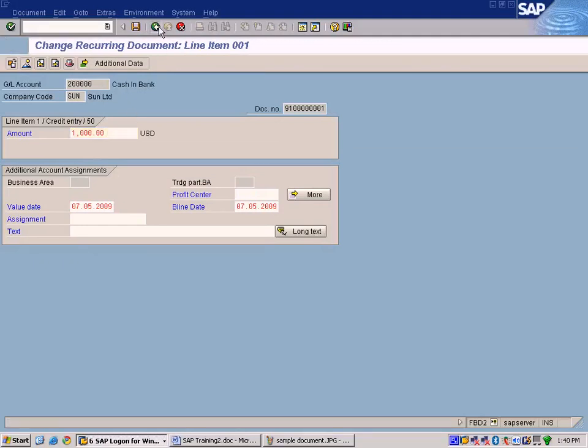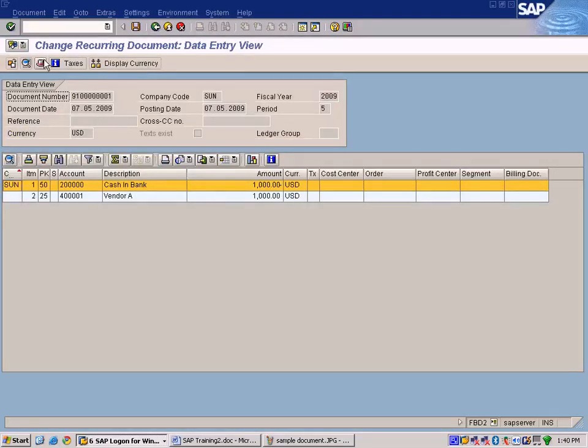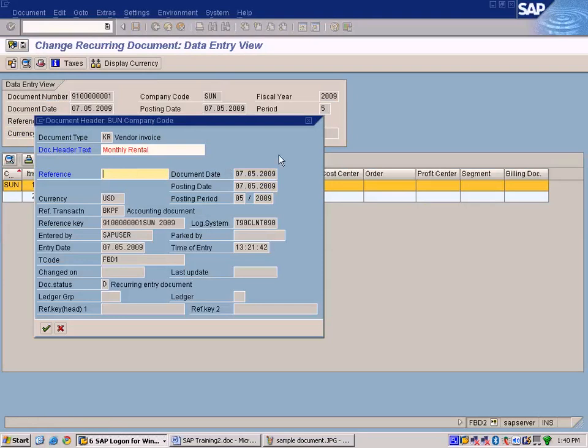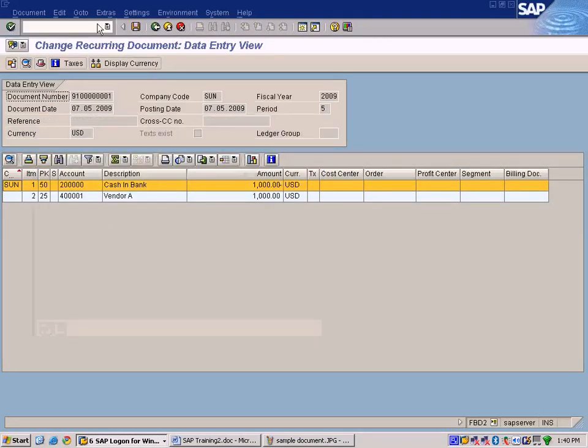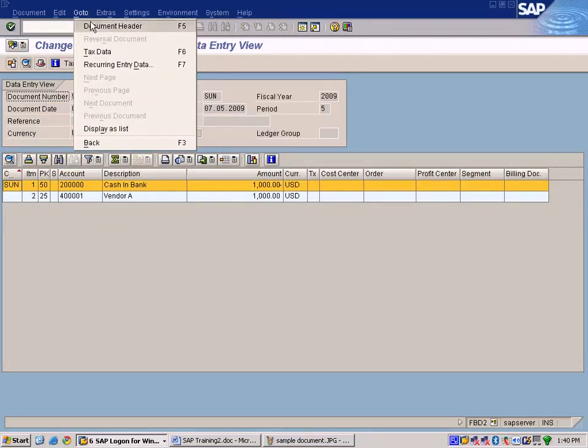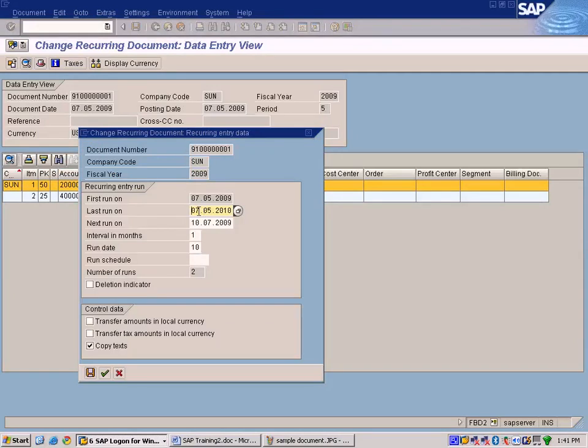You cannot change the posting keys or the account. You can only change the amount if you want to, and on the header level you can change the text and reference, but you can change, if you want to change the recurring entry data, you come here, go to